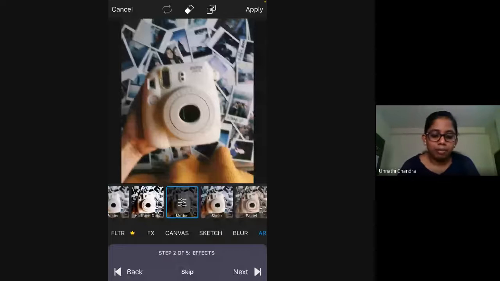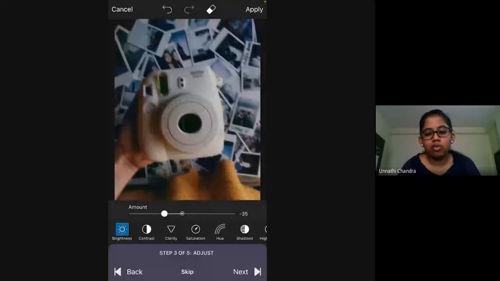So you can use the replays which are already there, and then just keep clicking next. If you don't want this particular effect, if you think it won't look good on this photo, you can just click skip, or else just keep going, and it will continue. You have again, for each and every effect that is being applied, you can edit the intensity of the effect that is being applied, or the size of the cropping as you saw just now. So yes.